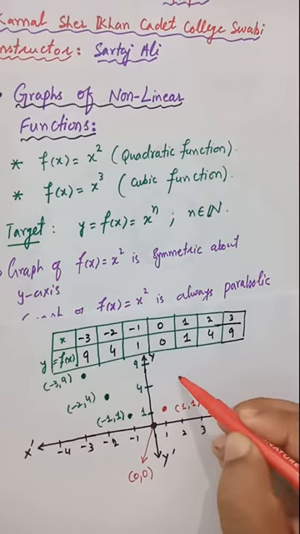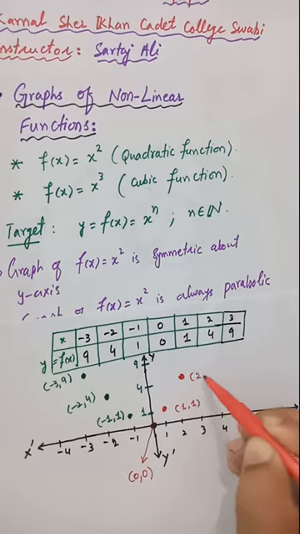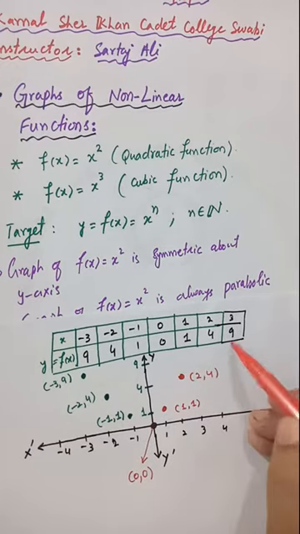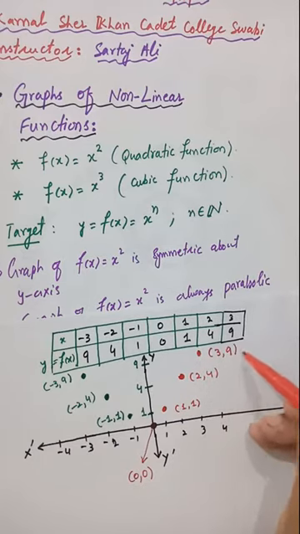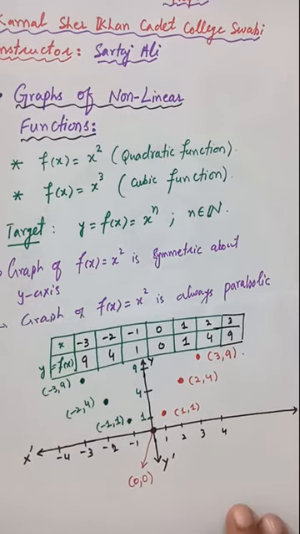So this is the point 2, 4. When you plug 3, you will get 9. So that will be the point 3, 9. So if you want to sketch the graph of this function, you need to pass a curve from these points. These points are enough because the curve is made from infinitely many points. So it is not possible to plot all infinite points. So you will choose some set of values from the domain, plug that in the argument, you will get the values in the range, make an ordered pair and pass the graph from those points.